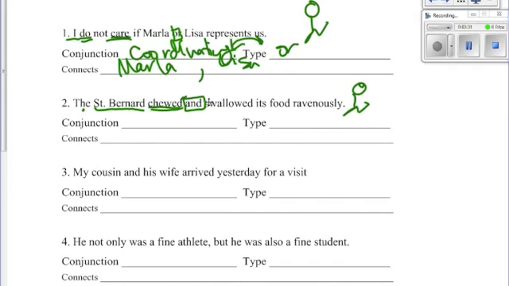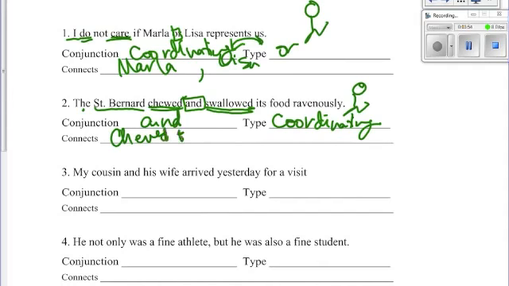It not only chewed, but it also swallowed. So our conjunction is and. The type is that it stands by itself. It's coordinating. What does it connect? It connects two verbs. You could write that here, or you could write the actual two verbs, which are chewed and